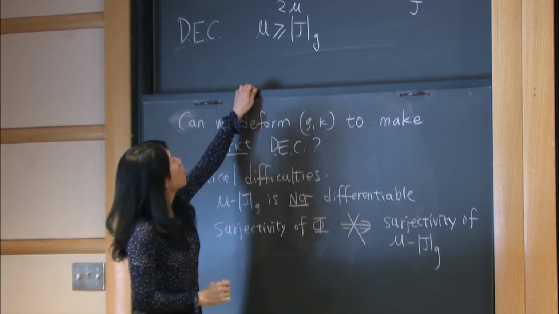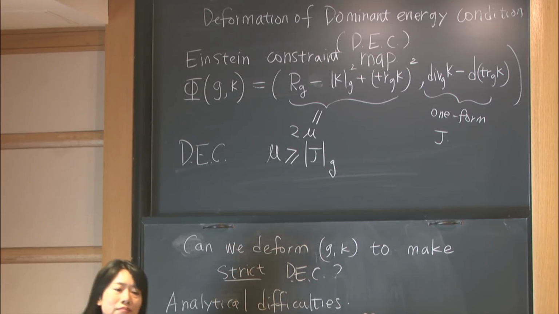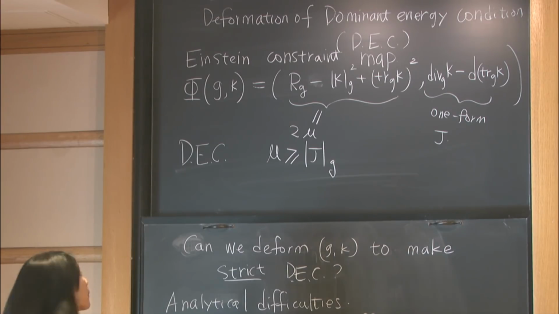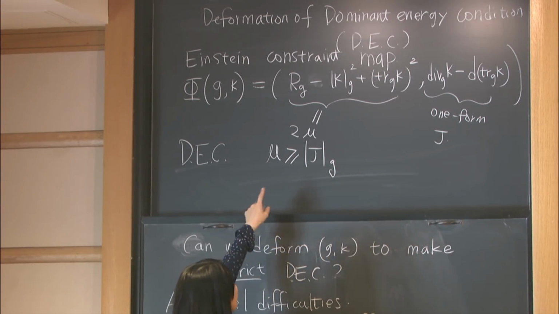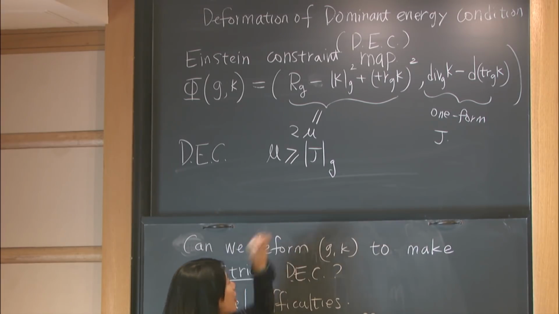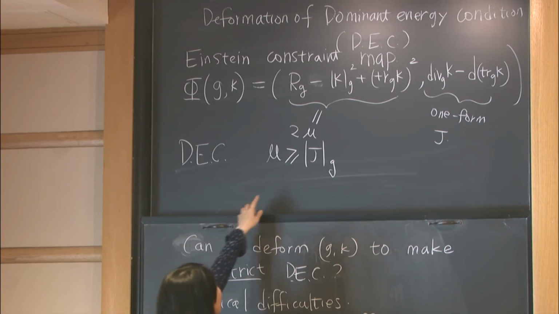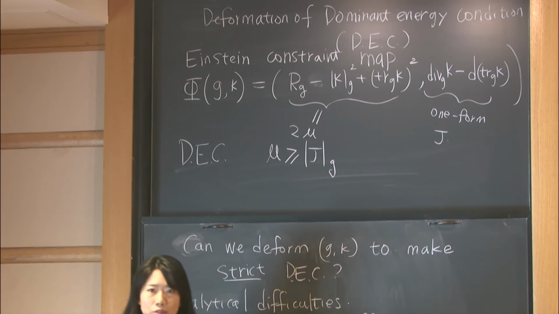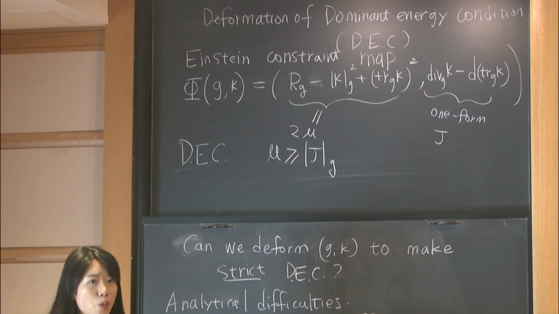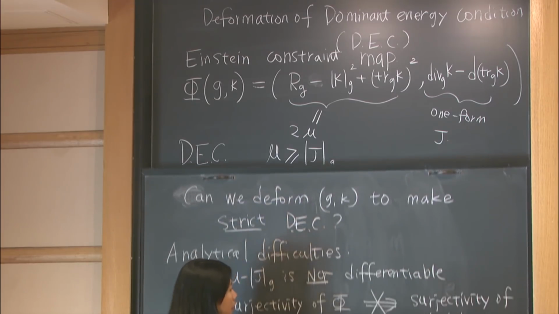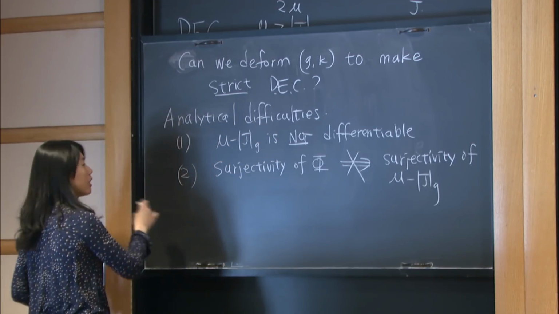And why is it not working? Because surjectivity of phi means, roughly speaking, you are able to prescribe mu and J, right? If it's a locally surjective map, you can prescribe mu and J, and then you will find a deformed g and deformed k to realize that value. But then, see the right-hand side, the norm is taken with respect to the Riemannian metric, which changes as well. So there's a subtle balance when you prescribe J and how the g will come out. So in order to overcome this analytical difficulty,